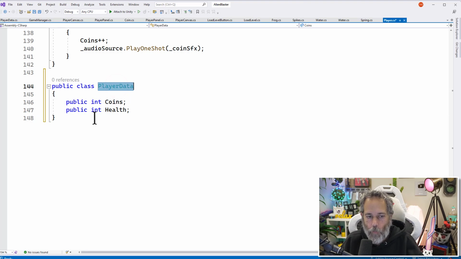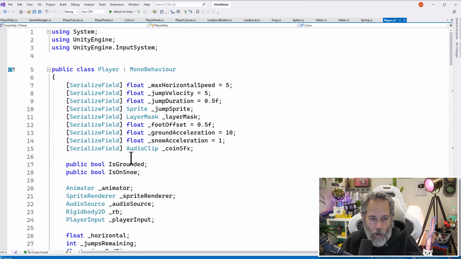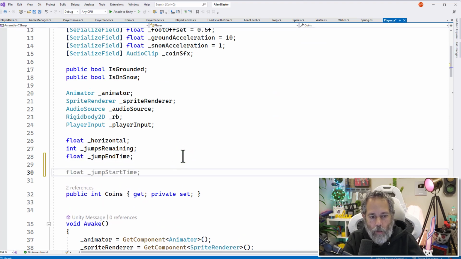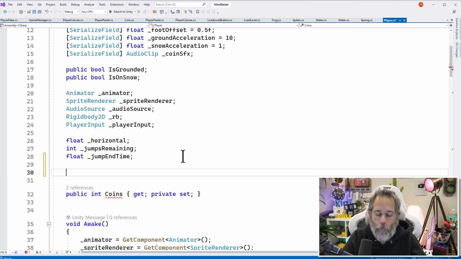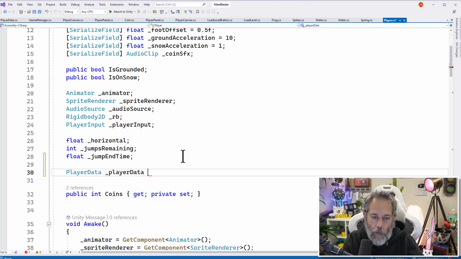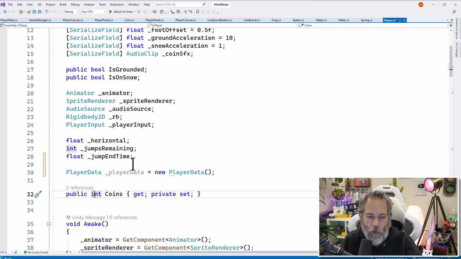I'm going to copy the word PlayerData, go all the way up to the top of our class, right above our coins, and we'll just put PlayerData _playerData. And let's initialize it to have a new value at start, so we'll say equals new PlayerData. This will give us a brand new blank PlayerData with a 0 for the coins and a 0 for the health. Now, when we access our coins, instead of just directly accessing this integer, let's modify the